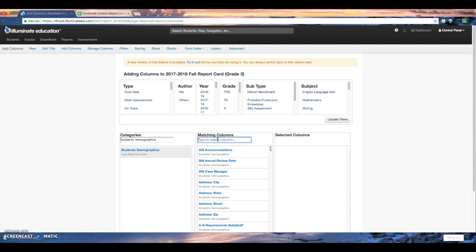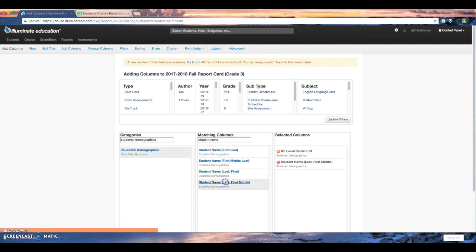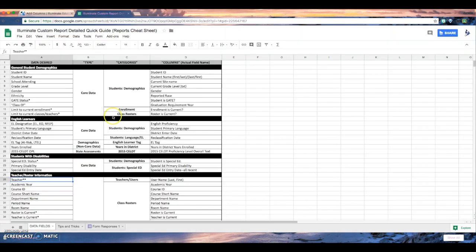So if I want student ID and I want the local student ID, I'll go ahead and select that for one of my columns. I also want student name, so I'm going to type that in, and whichever one you prefer, I like to use that one. And then if we want to put teacher name in,